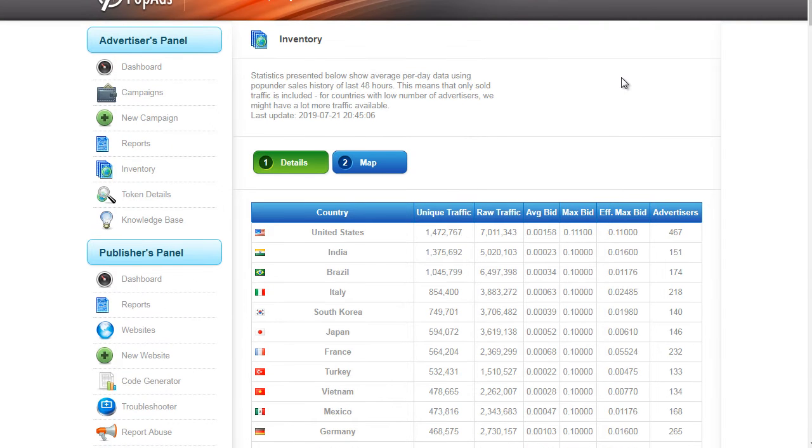Now, you're not able to see it, but basically in the top right-hand corner, I can see my balance of how much money I have in my account, but I didn't want to show that because the name is up there as well. Now, when you're ready to create a campaign, you click on New Campaign,